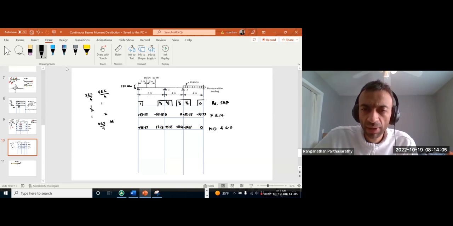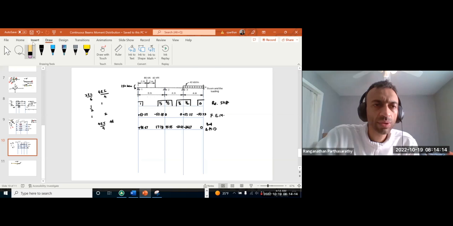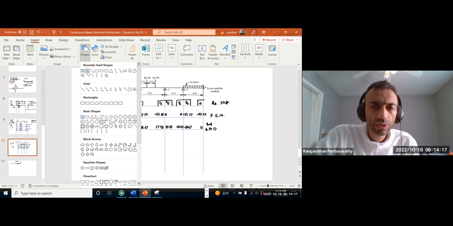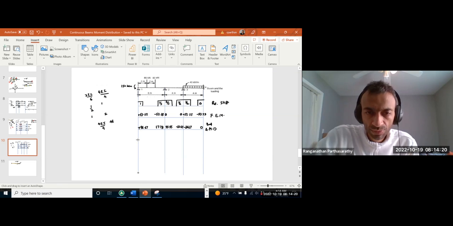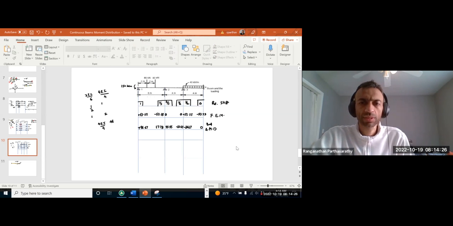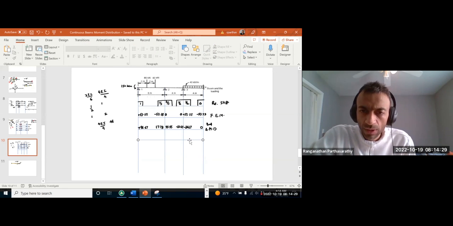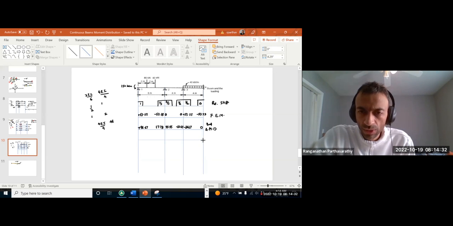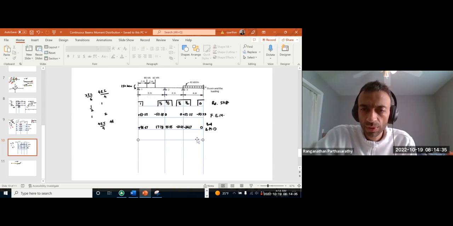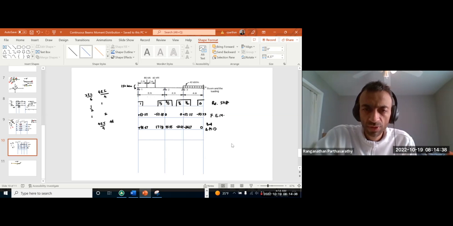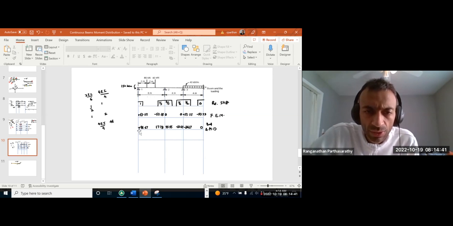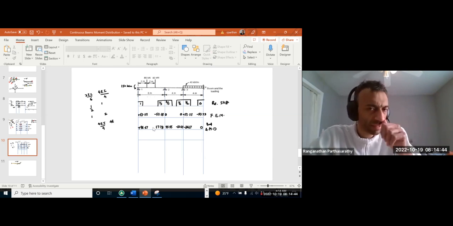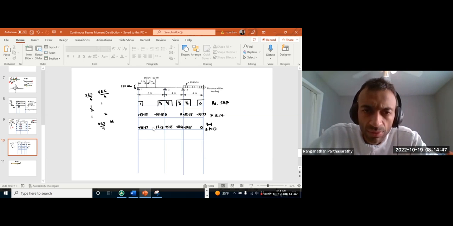Now our balance and moment distribution. Now carry over, let me write in the next line. Let's write carry over here. So I have positive 96.67 here. So out of that,